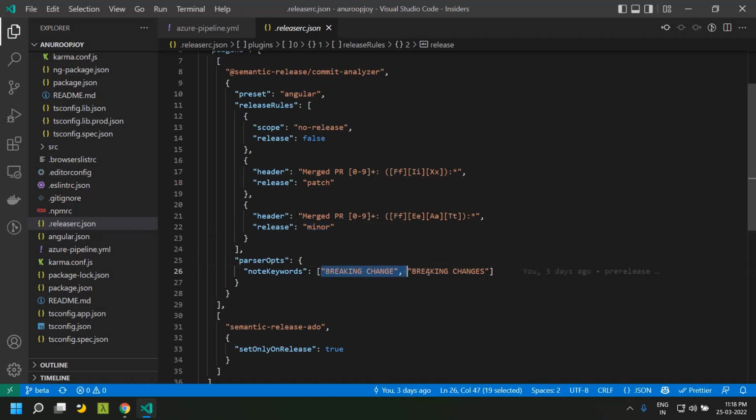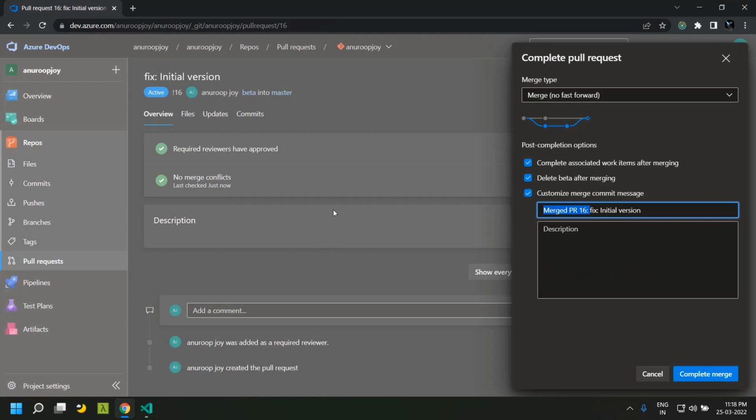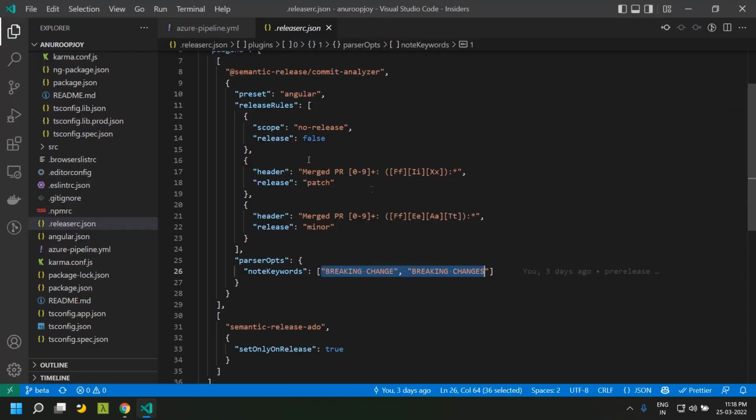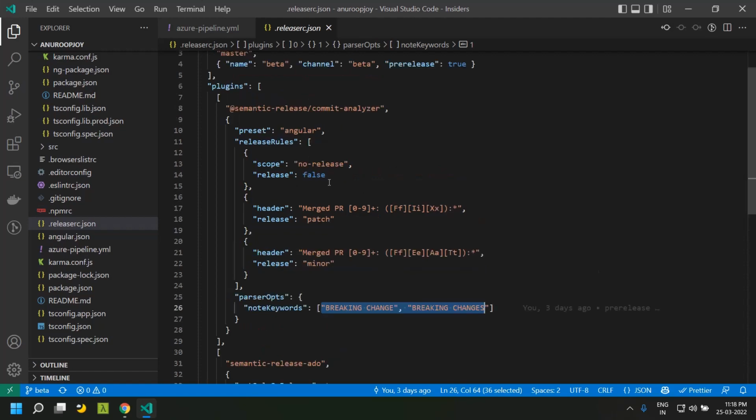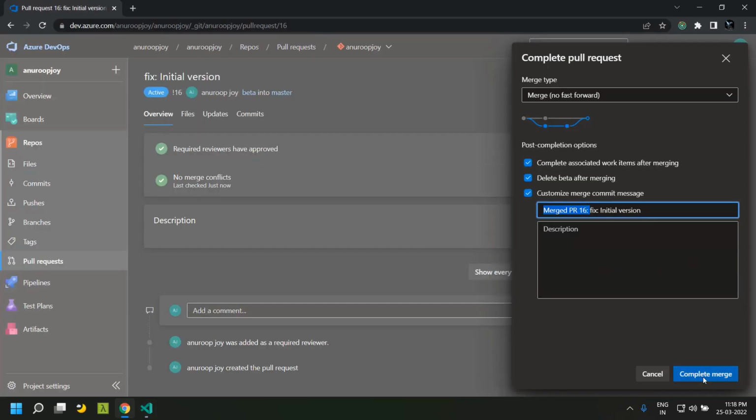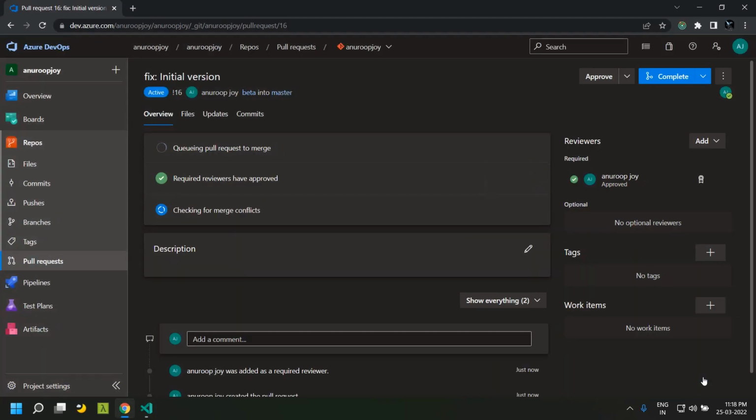For the major, it does not depend on the commit message, it depends on the commit footer, so it does not have any impact. Since we have already added this within our release RC JSON, when we complete the merge,